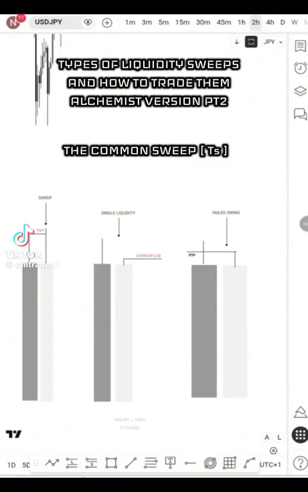These are very important and advanced concepts of liquidity sweep formation that traders tend to ignore. And if you want to improve your technical analysis, you really have to understand what this liquidity sweep formation means. Hello everyone. In this video, I'm going to be showing you guys how to use these liquidity sweeps accordingly,